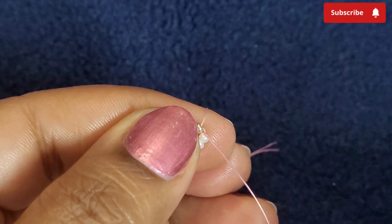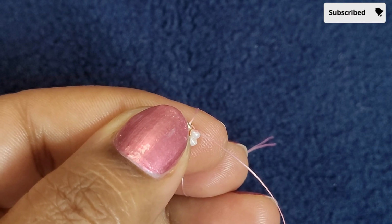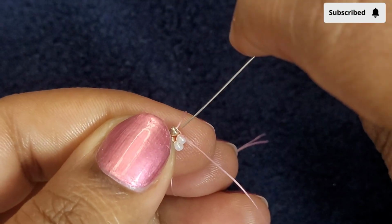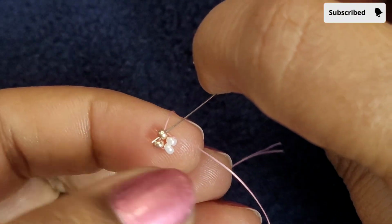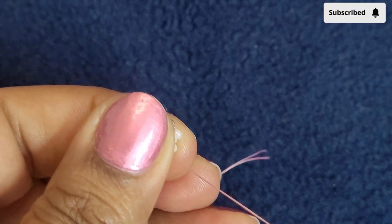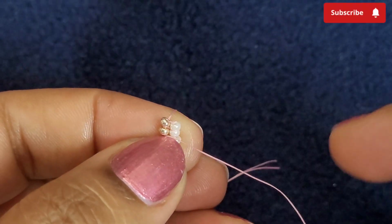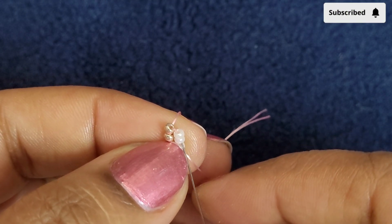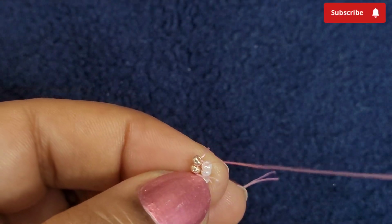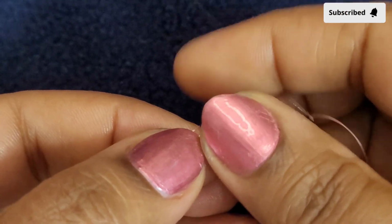And now you can see right now I'm exiting through this antique ivory, so I'll pick up antique ivory first and then 11 champagne. So here I have picked up these 2 beads, moving down into this adjacent 11 champagne, bringing up the thread in front, moving up through the 2 11 antique ivory. So here I have added 3 pairs